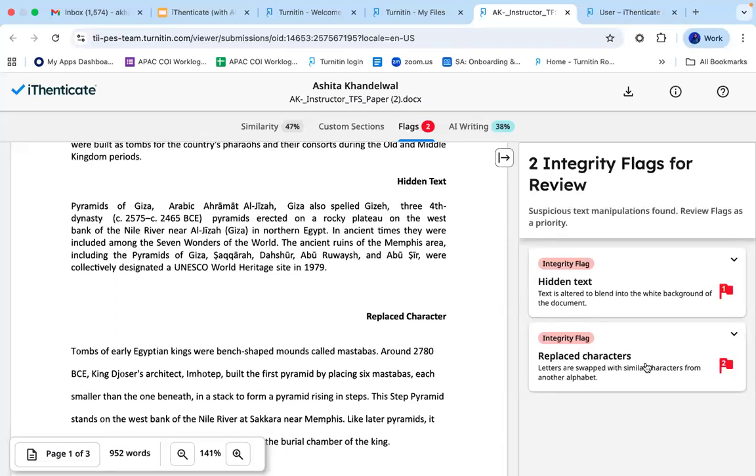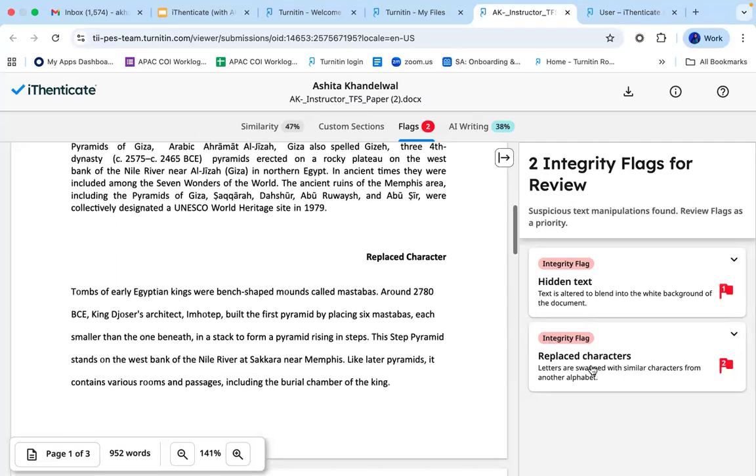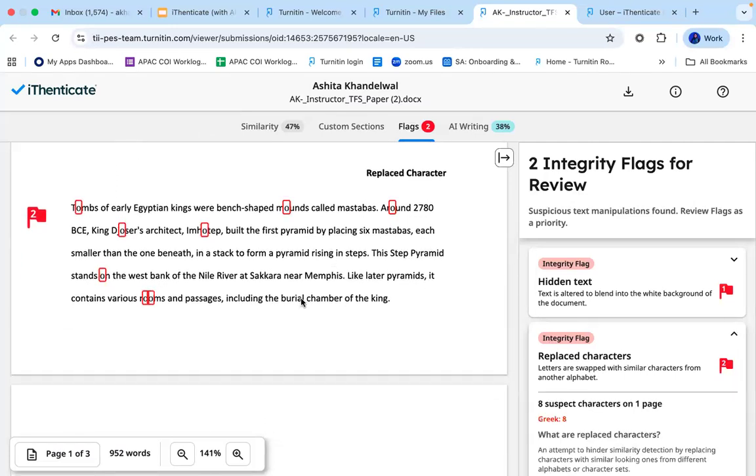Second is replaced characters. Replaced characters will show you any similar looking characters which have been swapped from another alphabet or another language.